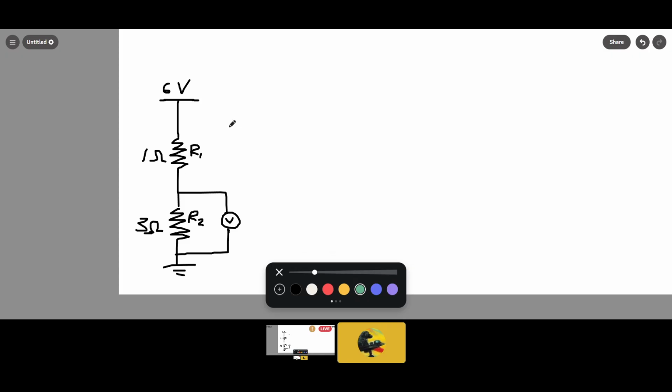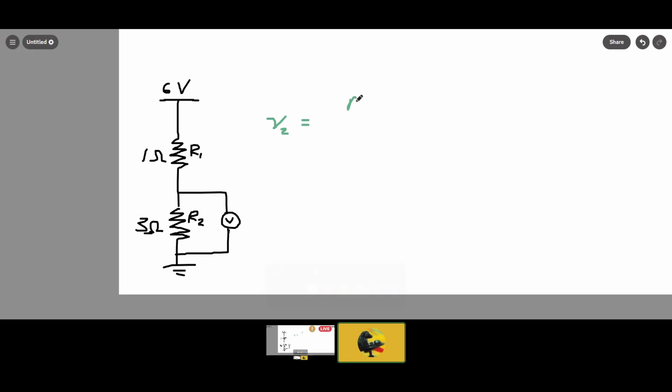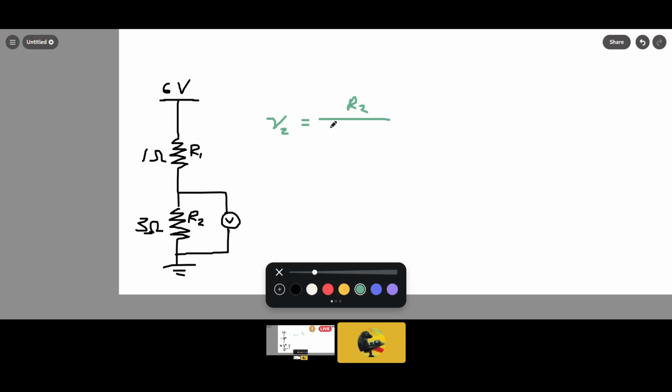Alright, so the voltage across the R2 resistor would be R2 at the numerator, then R1 plus R2, times E. So now we just sub in the values. Notice how, right,